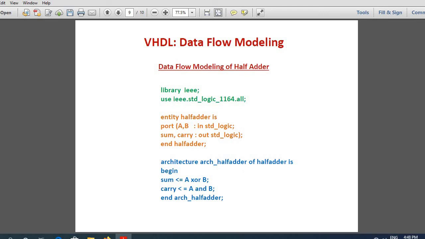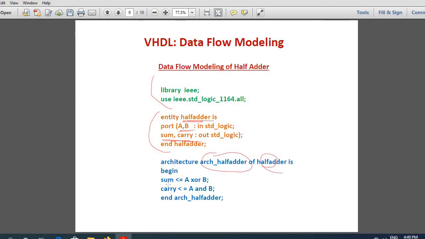Now, let us see how we can model a half adder using the data flow modeling approach. All these parts are the same. Library declaration is exactly the same. In the entity declaration, I have given my entity name as half adder. For half adder, how many inputs are there? You give two inputs, A and B. And what are the outputs? Sum and carry. Now, I have given this name for my architecture of my entity name half adder, is begin.